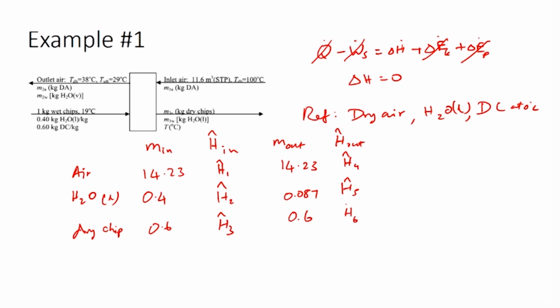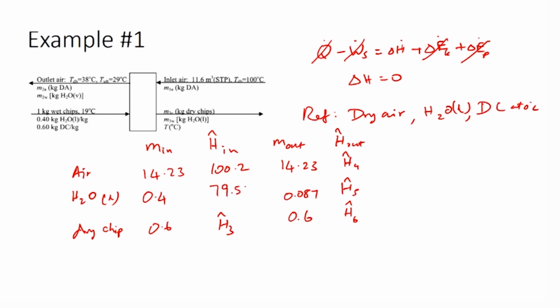So, now let us see if we can find out the enthalpy values for all these specific enthalpies. H1 cap would be integral Cp dT using Cp of air as 1.002 kilojoules per kilogram degree Celsius. We can calculate this for 0 degree Celsius to 100 degree Celsius, and the value would be 100.2 kilojoules per kilogram. For water liquid, using the Cp of water liquid as 4.184, we can calculate this H2 cap as